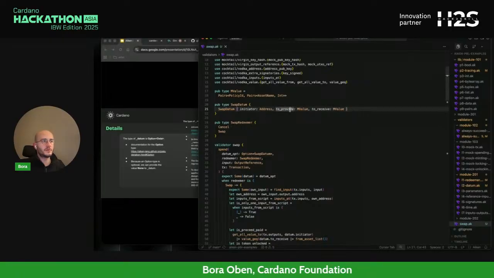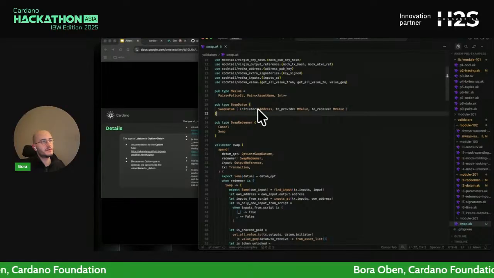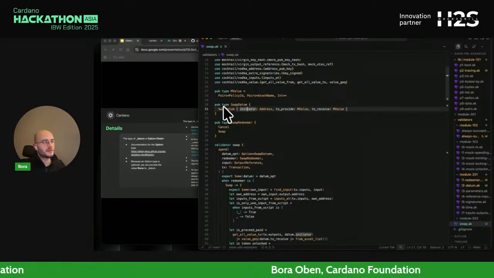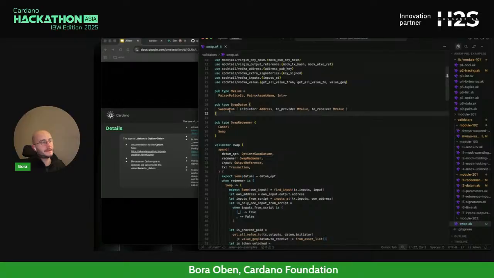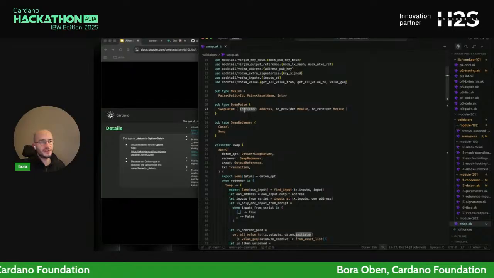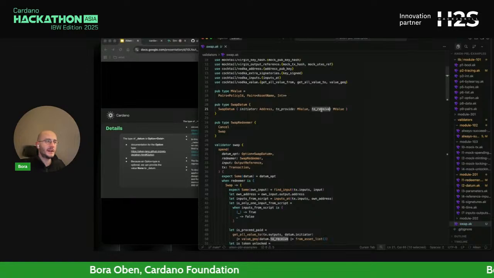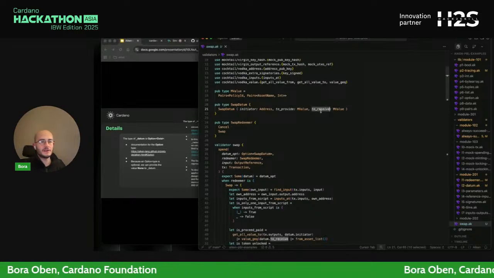And there is a field to provide, there is a field to receive, and these are values, as you can see. So from the context of the smart contract, you can already tell the datum here is holding the information about who initiated this trade, how much is he providing as value into the trade, and how much is it going to be receiving back, right?